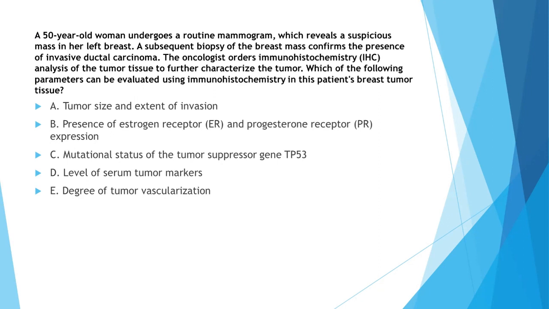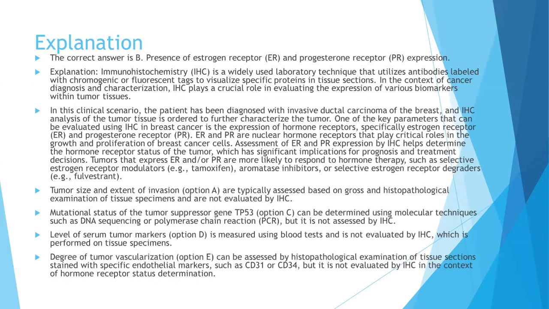Tumor size and extent of invasion, presence of estrogen receptor and progesterone receptor expression, mutational status of the tumor suppressor gene TP53, level of serum tumor markers, and degree of tumor vascularization. So, presence of estrogen receptor and progesterone receptor expression. Immunohistochemistry is a widely used lab technique that utilizes antibodies labeled